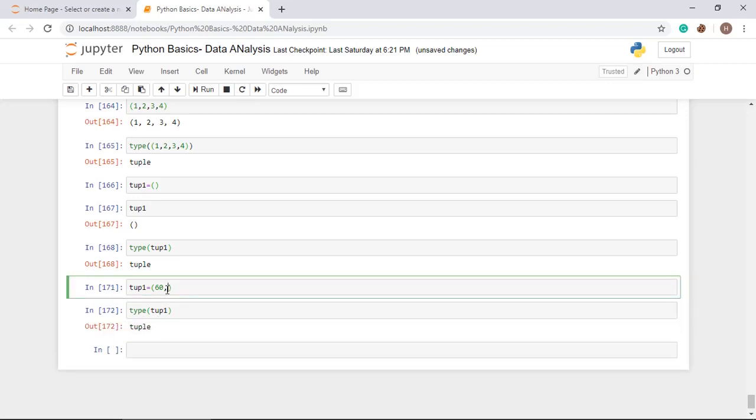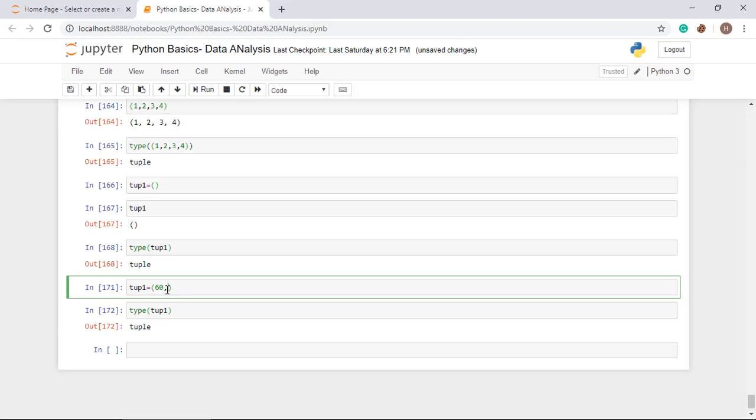So if you forget to put a comma after one element, you will get an integer. Always remember, when you store a single value in a tuple, you have to put a comma at the end. Each and every value in a tuple is separated by a comma.